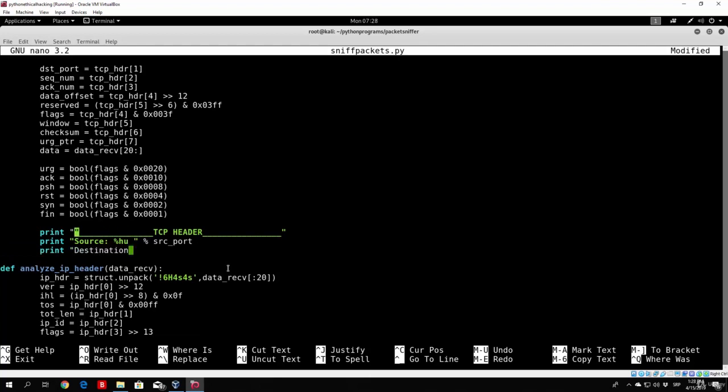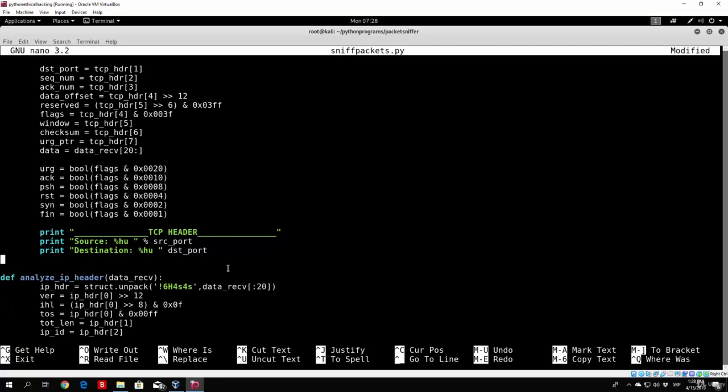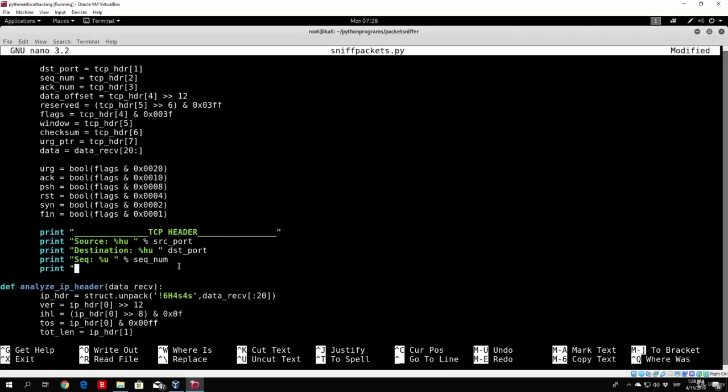Oops, I just noticed right here I have double open quotes, so not really sure why I typed that. Destination, then after that we need to specify the dest underscore port, print. We can call this sec. %u, make sure to specify the %u, and for the flags you will also specify the %d as an integer, since that is the value that we are retrieving from the actual flags variables. So this part right here that we coded. So let me just do sequence number, so sequence underscore num, print ack